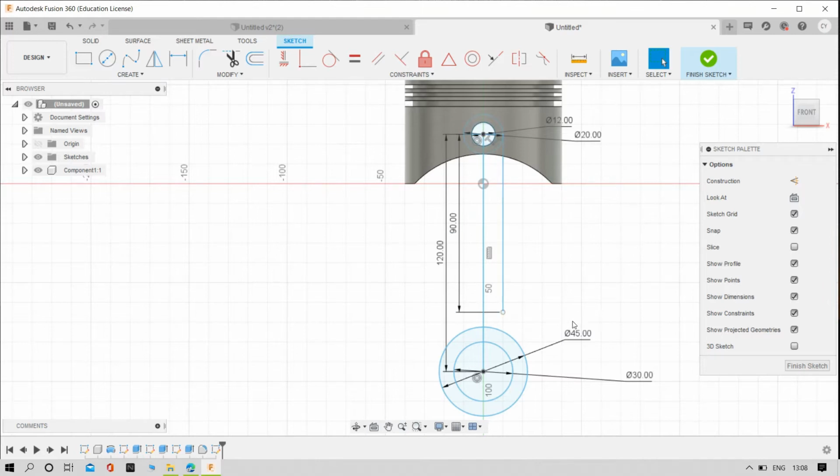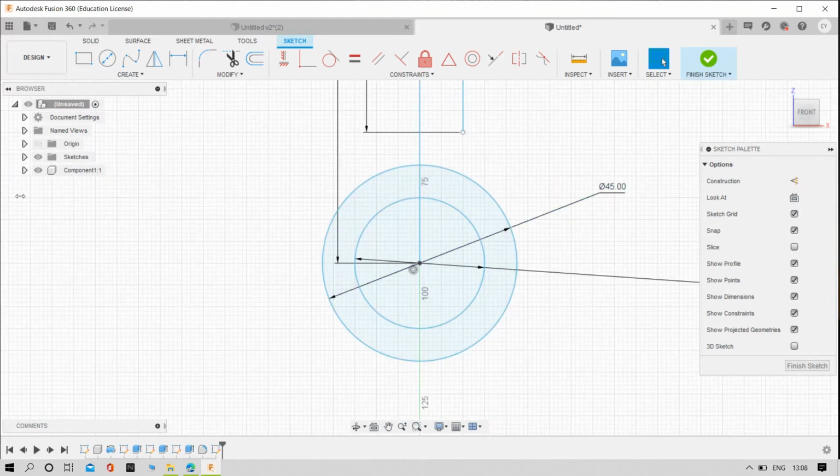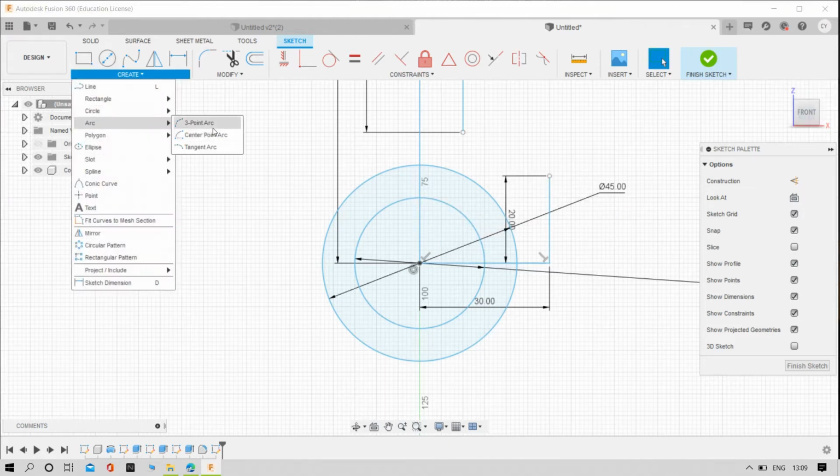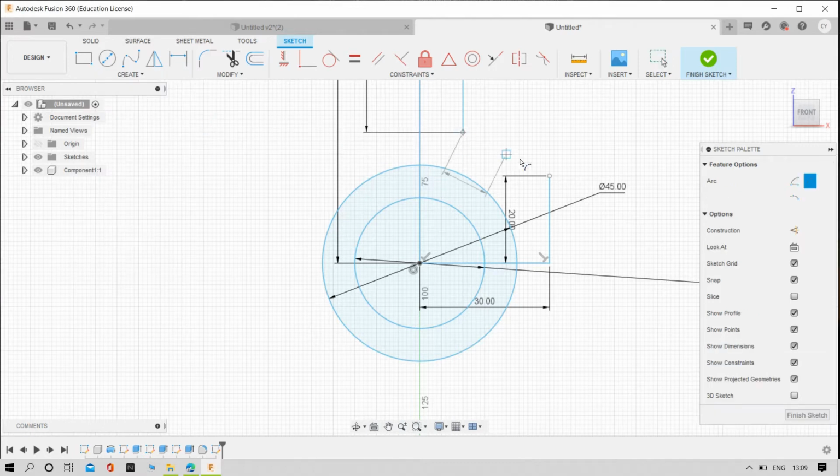Yeah, and here also try to draw the one line. It should be an horizontal, make it up to 30. Yeah, is enough. Again vertical line upside up to make it 20. Again try to select the arc, 3-point arc, and then try to draw the arc as you are seeing now.